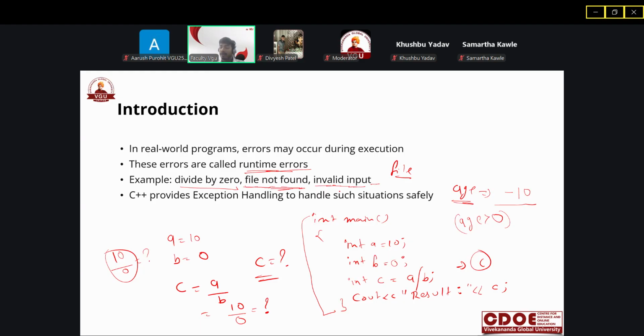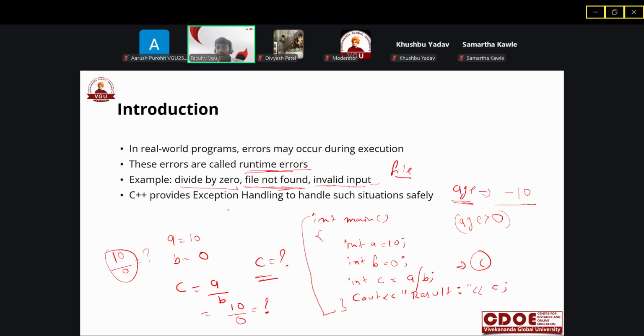If we get a runtime error, our program will be stuck at that point. These things can occur whenever you are writing your program, so C++ provides exception handling to handle such situations safely. If you are designing a form and you are not handling negative integers, so you accept a negative integer, that will be wrong.